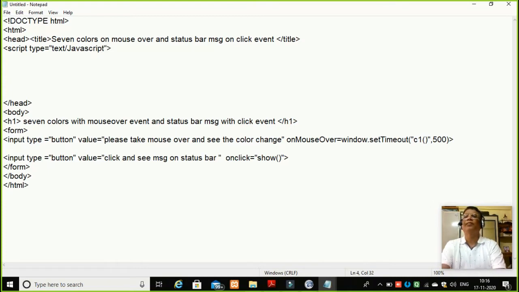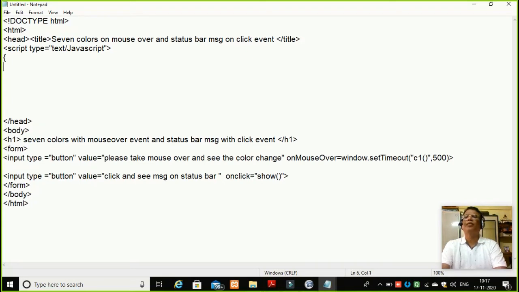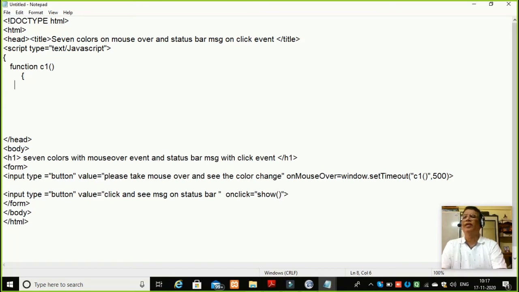Then I will write function C1, open bracket, close bracket. Here I declared my function. Then I will close here, and here I will write